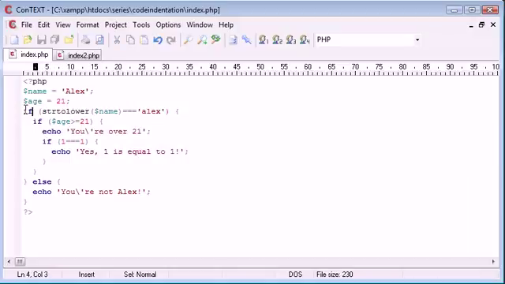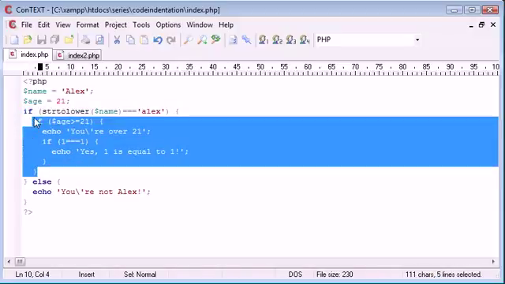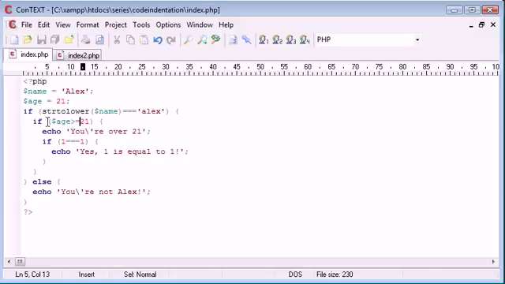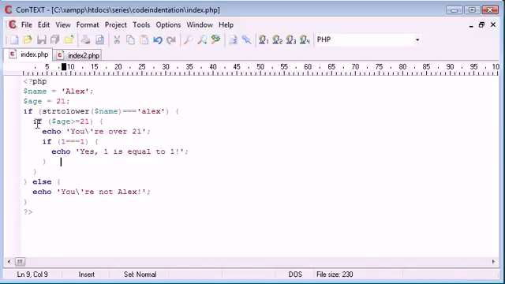Okay, so the if statement, everything by default starts without being indented. We've made the first if statement. So the block, I can already tell, is just from the start of this if here down to here. So this is the start of the block and this is the end of the block here. And this is the start of the top block and this is the end, and then we say else. So inside of this block here where we're saying is age greater than or equal to 21, this is inside. And we can automatically tell that because we've got straight down here, straight down here, and straight down here. And then we've indented just the echo inside of here. So you can